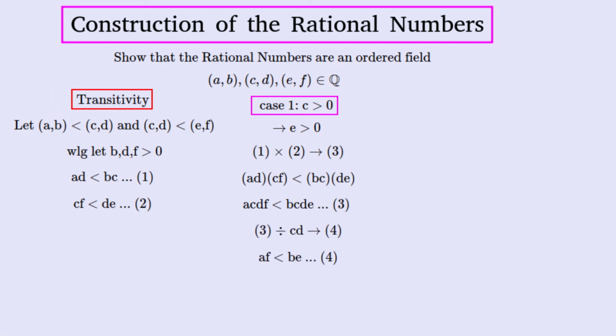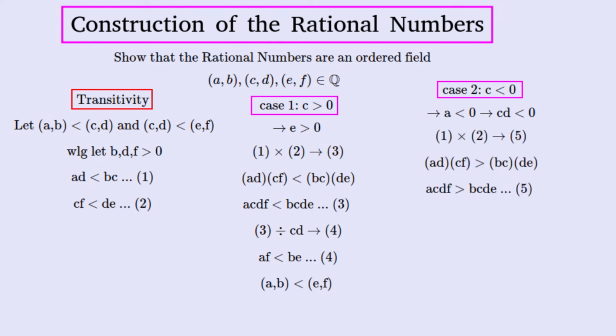We can divide both sides by a positive number to get this equation. Using the definition in reverse, we can prove that transitivity is true for this case. In this second case, C is negative, and then A must also be negative to make up a number less than 0 with a positive denominator. Multiplying the two equations together is multiplying them by a negative number, so that the sign is flipped. Dividing the equation by this number causes the sign to flip again, and so